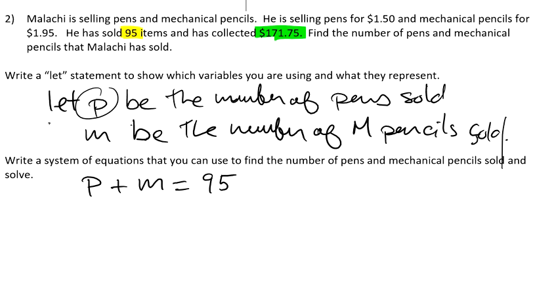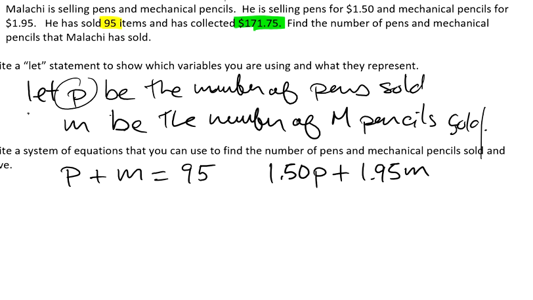So the other equation I could write was I'm going to take $1.50, oops, not $7.50, $1.50 and multiply that by the number of pens. And similarly, I can take $1.95 and multiply that by the number of mechanical pencils. When I do that, right, that represents the total amount of money that I've collected. So it equals